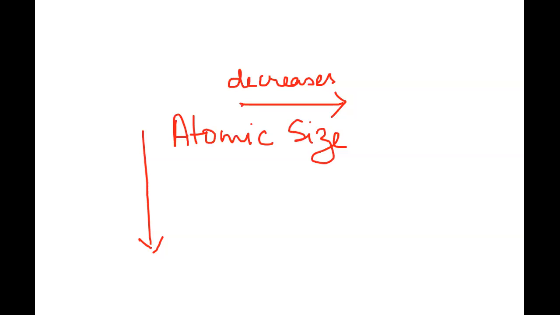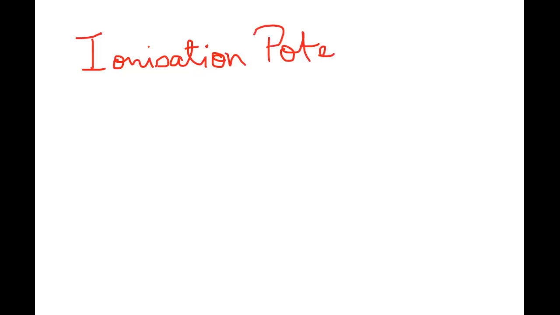Now coming to the main thing that we have to do today, that is the ionization potential. You are familiar with ionization potential. It is the amount of energy that is required to pull out the most loosely bound electron from an isolated gaseous atom. The most loosely bound electron is the electron from its outermost shell or the valence shell. The units of ionization potential are electron volts, or you can also take kilocalories per gram atom, or kilojoules per mole. So the units of energy are used.